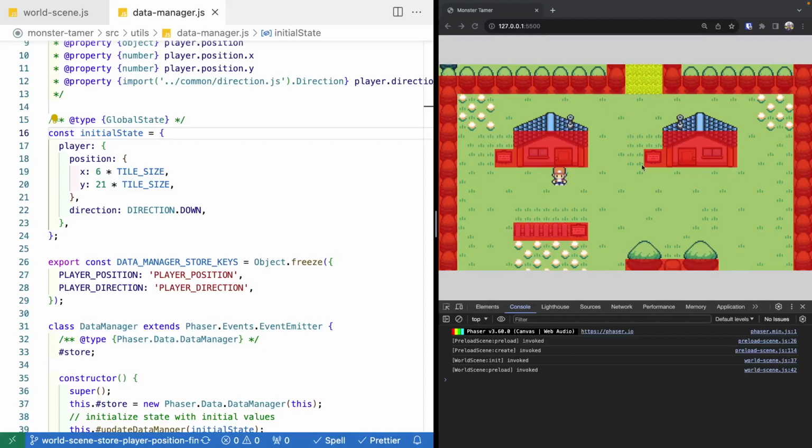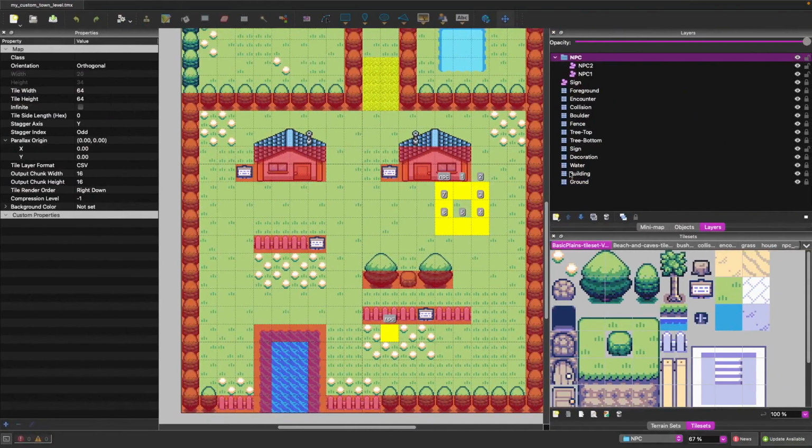All right, so as we continue to work on our world scene, we're going to use our original level JSON file and original level images in our video series. So you are welcome to use the level that you create in Tiled if you'd like to create your own. But for the remainder of the video series, we're going to just assume we're using that original level. So if you want to use your own level, there are just a few key things to point out,